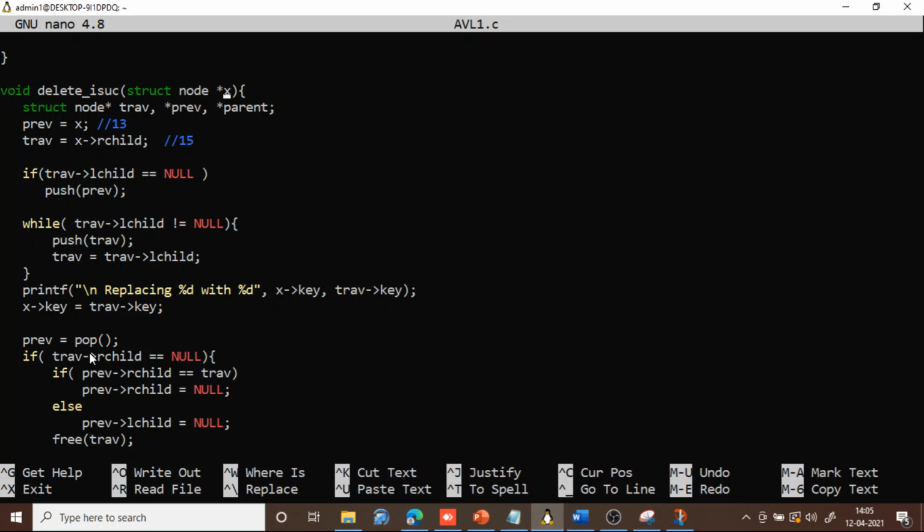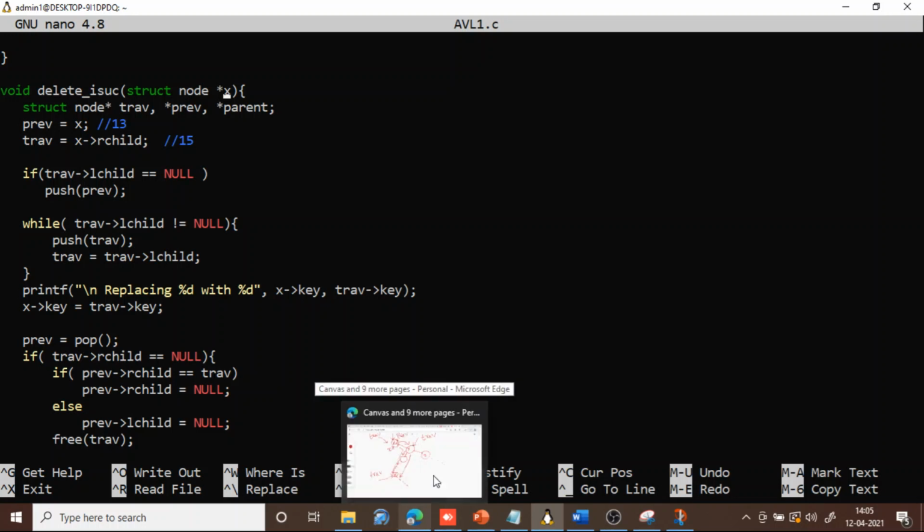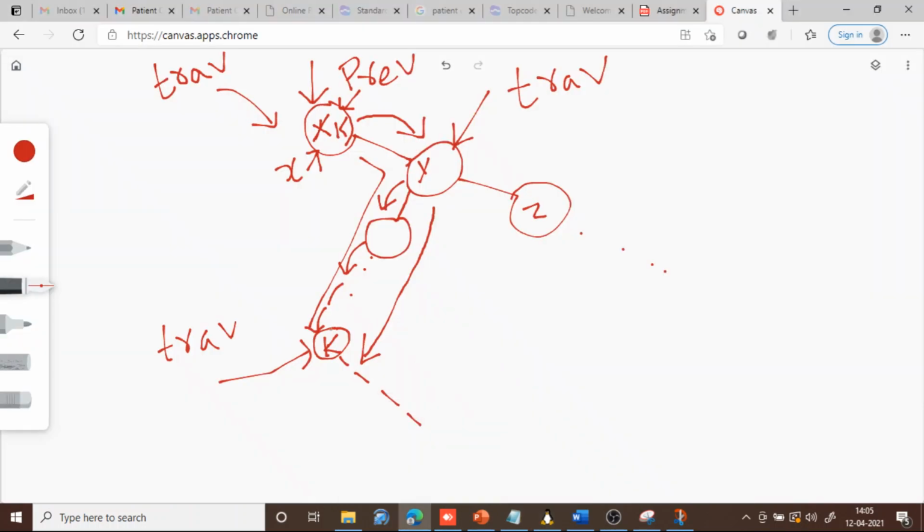Then we are taking the parent of that particular node with which you have replaced. So k's parent we are taking. K's parent is now pointed to by previous. In this case, if y does not have any left child, then previous will point to x itself, right?